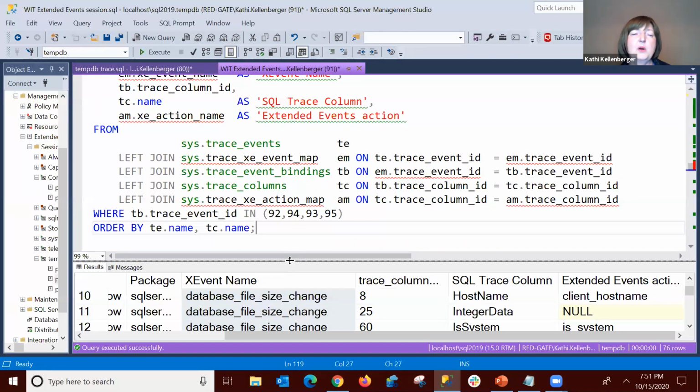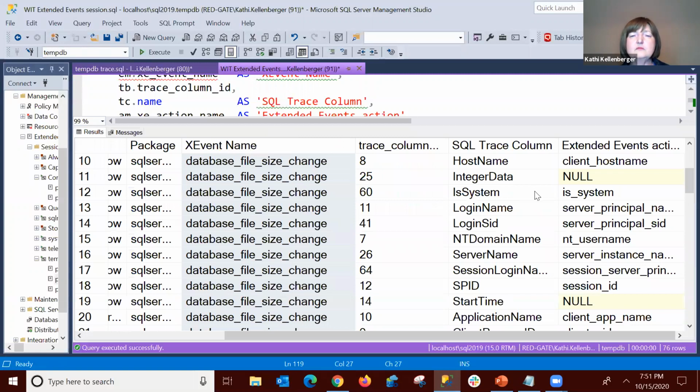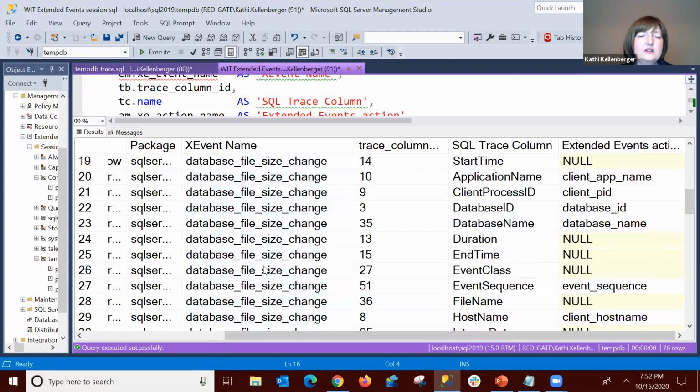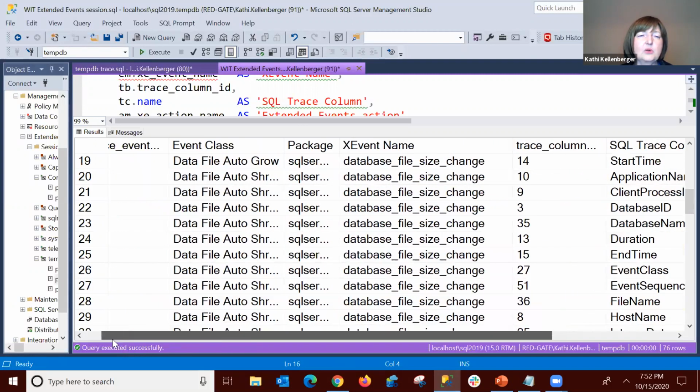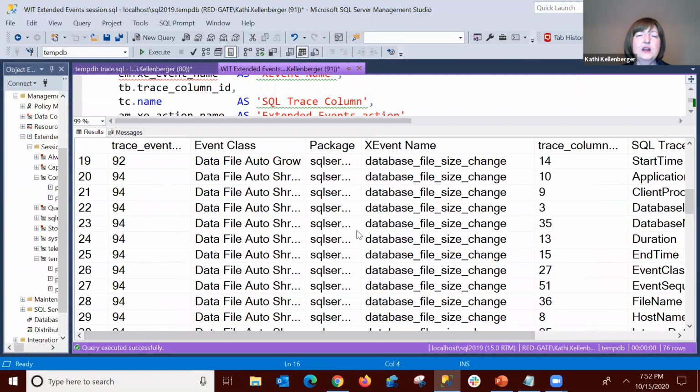So what you end up with is the mapping here, the extended event name, and also the extended event actions, things that are extra that you might be interested in, not necessarily based on the session that you've got. And if I scroll down, let's go here. So I've got like 92, 94,